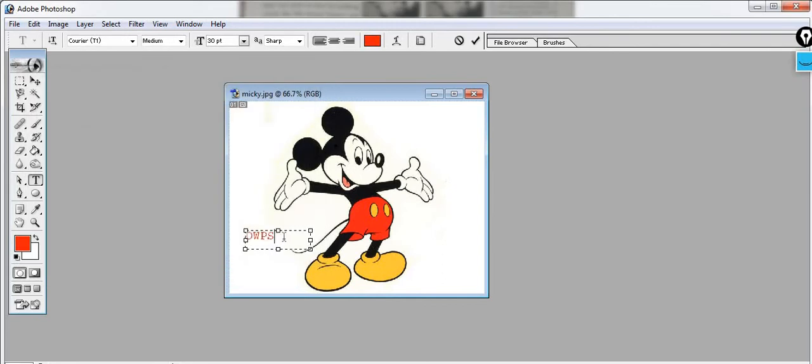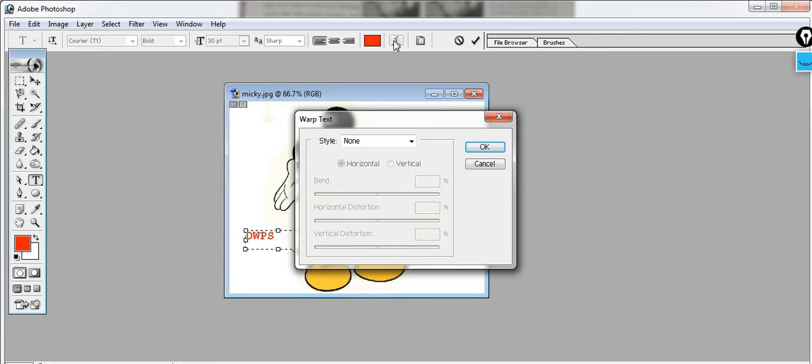Okay, now from here we can do whatever we want. If we want to make it bold like this, whatever we want, we can do it from here. So this is the use of the type tool. We can type some text on our picture. And this is the warp text option.